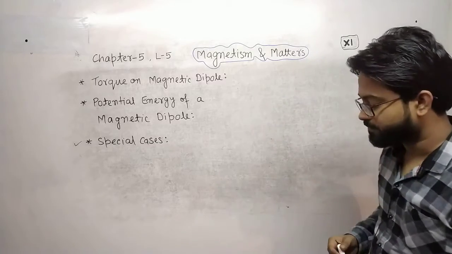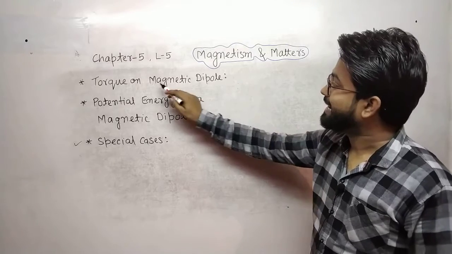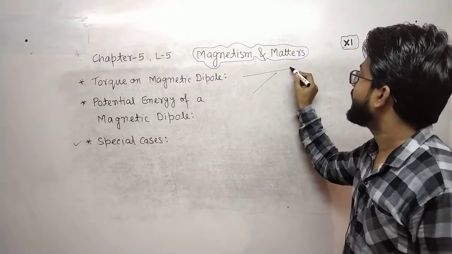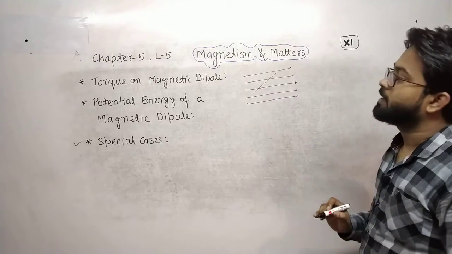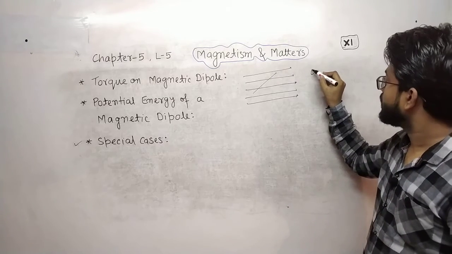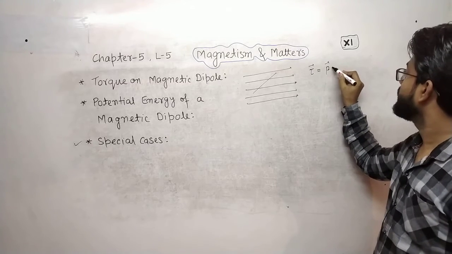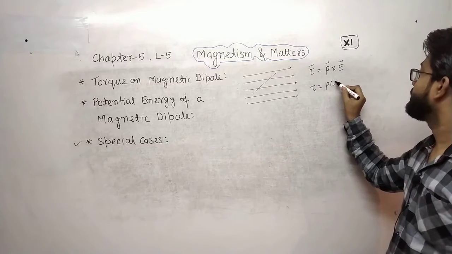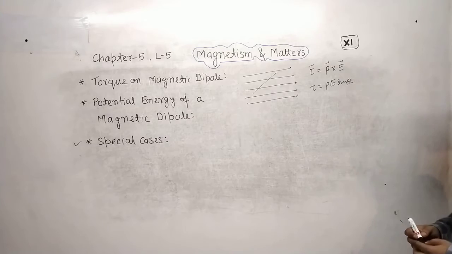This is very simple. We know the formula for torque on an electric dipole. If this is an electric dipole and it is placed in a uniform electric field, then torque on the electric dipole is P cross E. In magnitude form, PE sin theta. You all know, okay? Similarly,